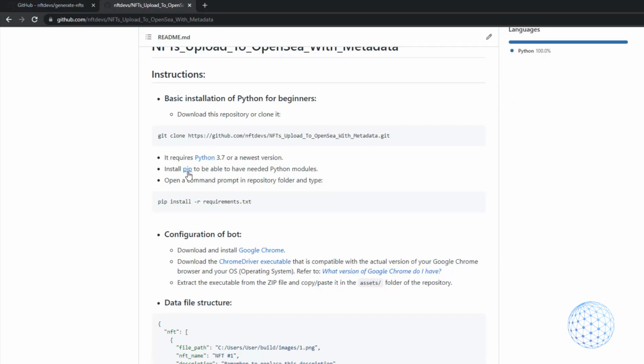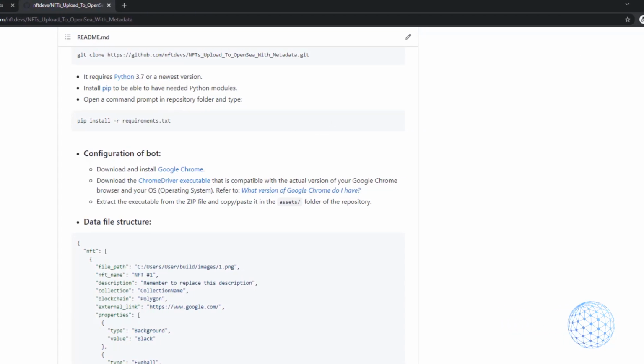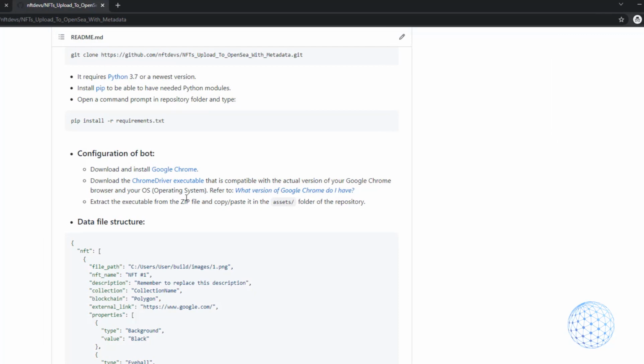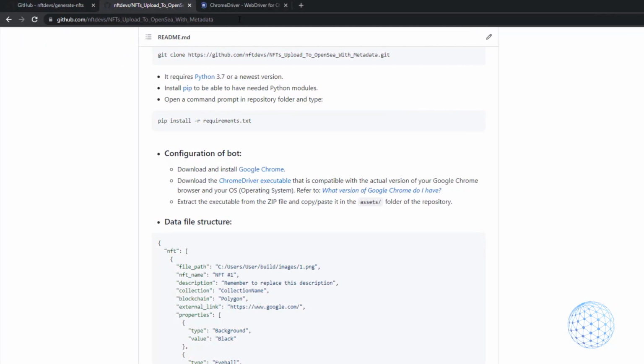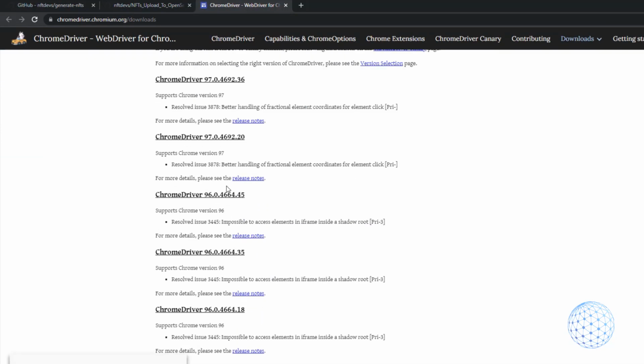As well, you will need a pip install, so we can use this command to run all the packages to use the code. Next thing is to install Google Chrome and the Chrome driver. One thing which is very important is to have the same versions of the two. You can check yours by going to help about Google Chrome, and you will see which version you have currently, and then go to Chrome driver, and on this link you need to find the same version as yours